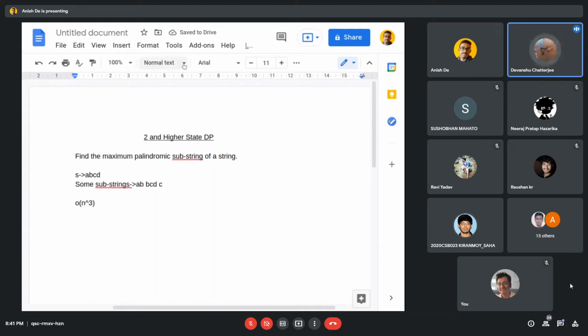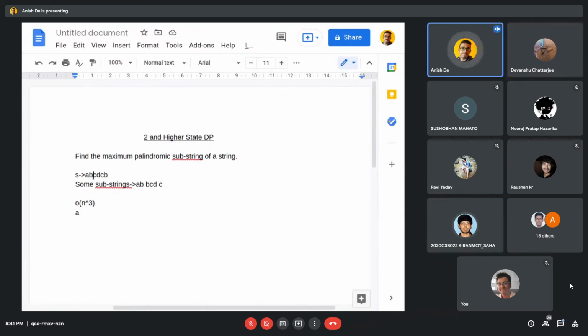Another approach can be that we traverse the array and take any character. Let's say we take A, then we find all the other A's in the array and check all the substrings. Then we take B and find all other B's in the array, then check palindrome, and like that we can do. What will we do in this case? In this case, there is no other A. So we skip that A, then we go to B, and then we find the second B in the array and check if that substring is a palindrome or not. Exactly.